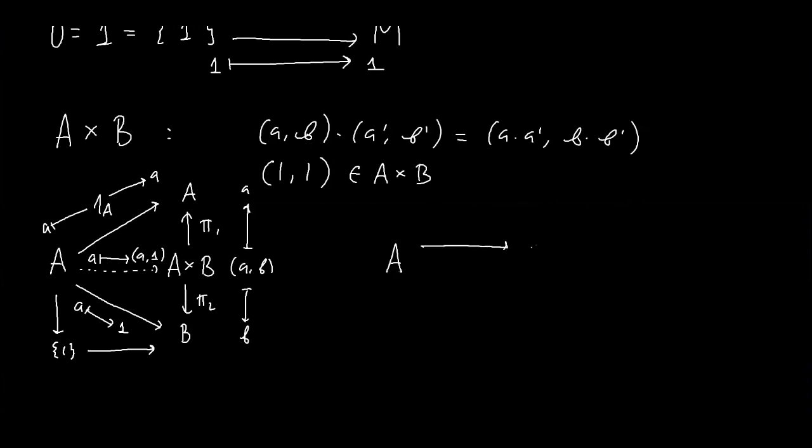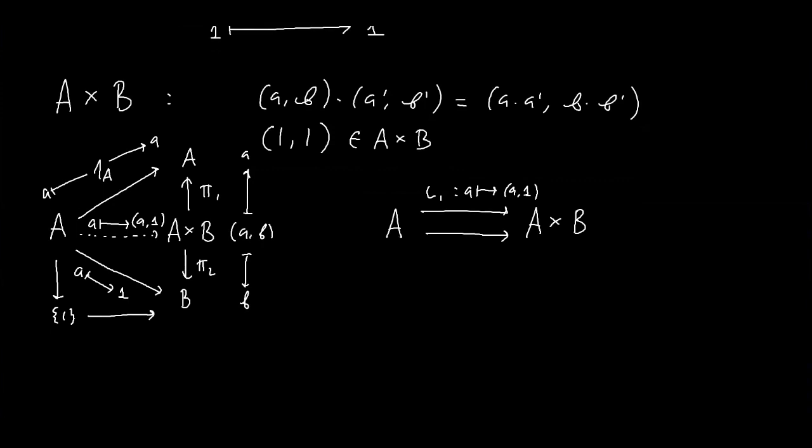So we've got now two maps going from A to A cross B. One is the iota1 map, which maps every a to the pair (a, 1). And the other is the map that maps every a to, sorry, I made a pause for a moment because